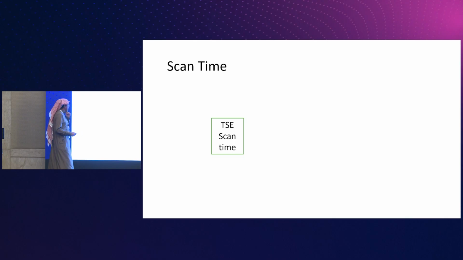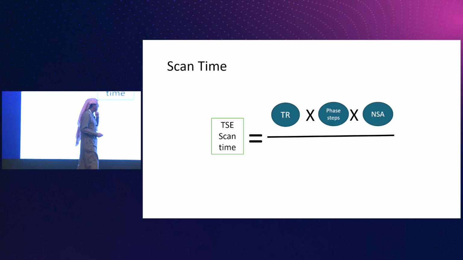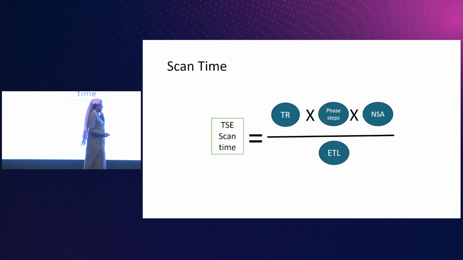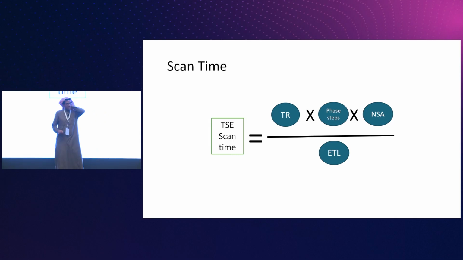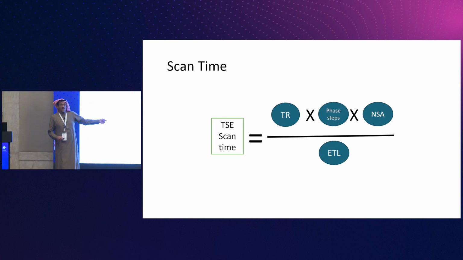How to calculate scan time? TR multiply phase step multiply by NSA over the ETL. This is also physics. I know you don't like it. Okay. What sequence are we calculating